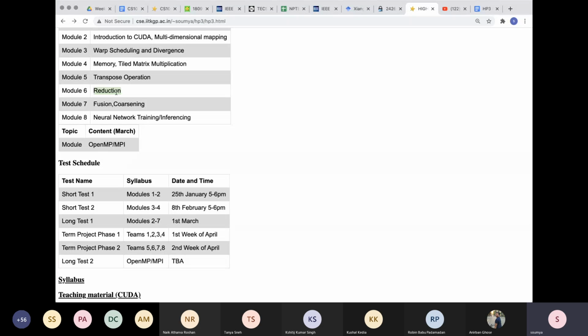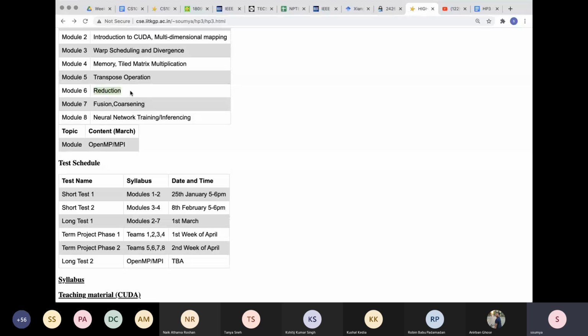Well, reduction is nothing but you are given a few numbers, how you can add them very efficiently. Again, you may be wondering what's so great about it. Well, it matters if you can add, let's say, a million values in parallel using some optimized code. So that is why we are taking these simple operations, and we will be showing how after 5 or 7